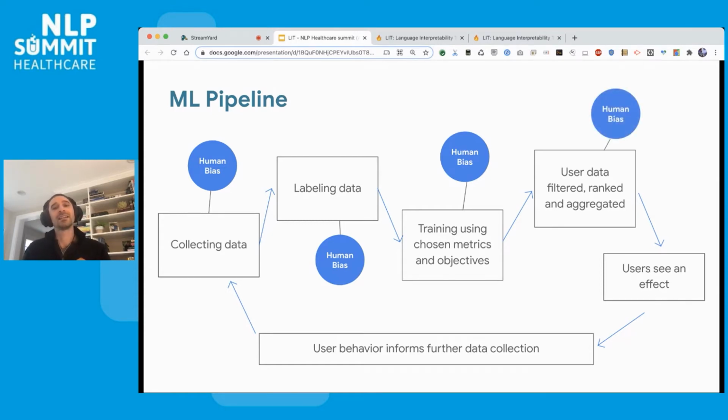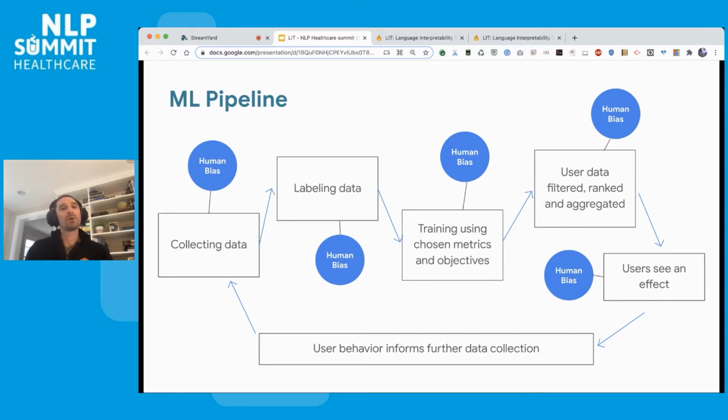That data is then used in some way in a product and then delivered to a human. And that's another place where product decisions can bring in human bias. And then finally, an end user is going to use this, see an effect, and then have that inform their future decision-making behavior, which can cause more training data to be created, either for a new instance of that model down the line, or just new data if we're talking about data scraped from the internet, data that could be used for any number of different tasks from someone collecting more training data in the future.